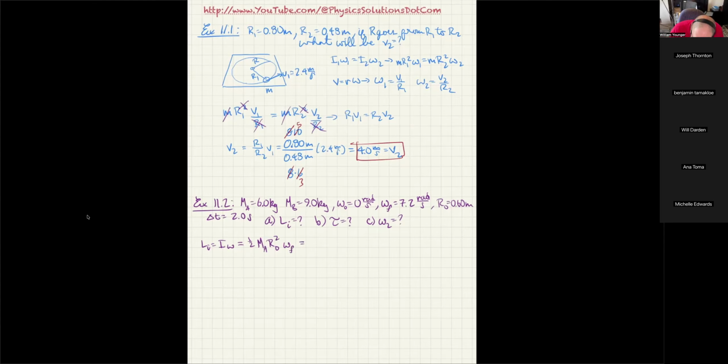Now I'm just going to plug these figures in. I got 1/2 times 6.0 kilograms times 0.60 meters squared times 7.2 radians per second. When I do all this multiplication, I get 0.5 times 6 times 0.6 squared times 7.2, and that gives me 7.78